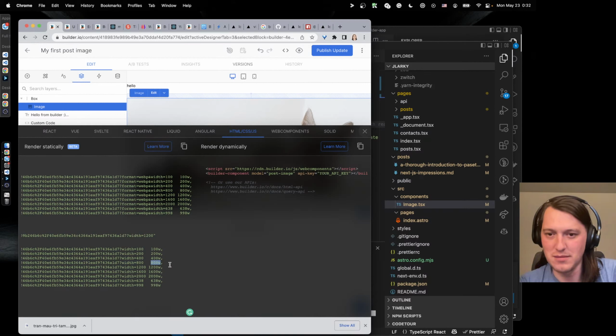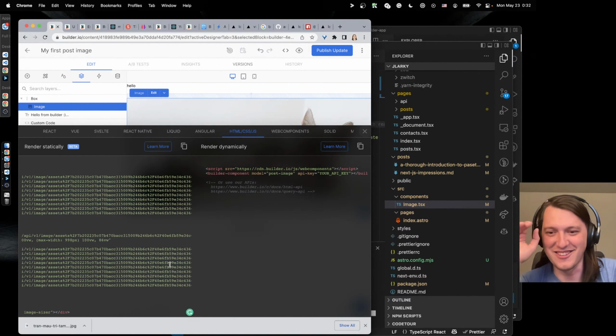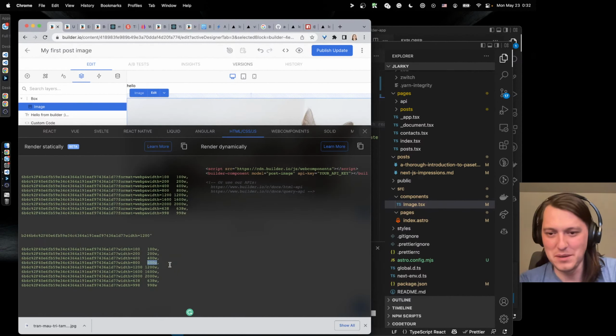W. What is W? Okay, let's not go there. I guess it's just width in pixels. So if I only care about this or this, I can just look at this code and figure out what I need, and just copy.